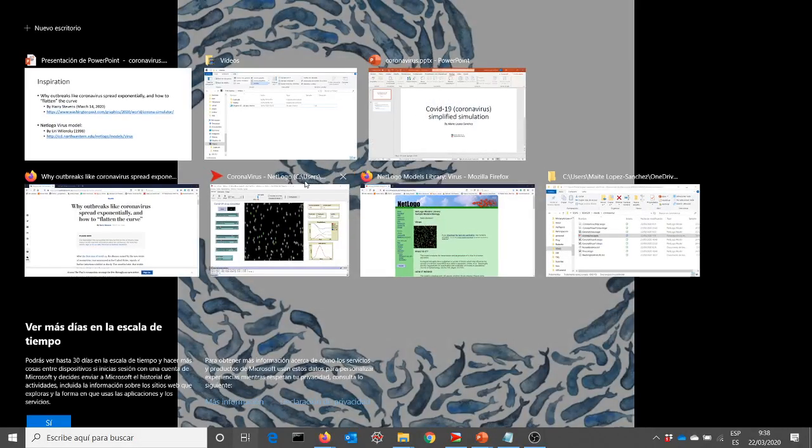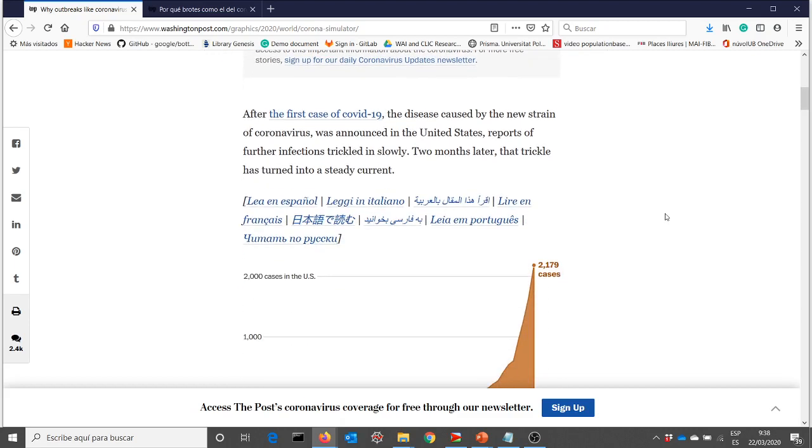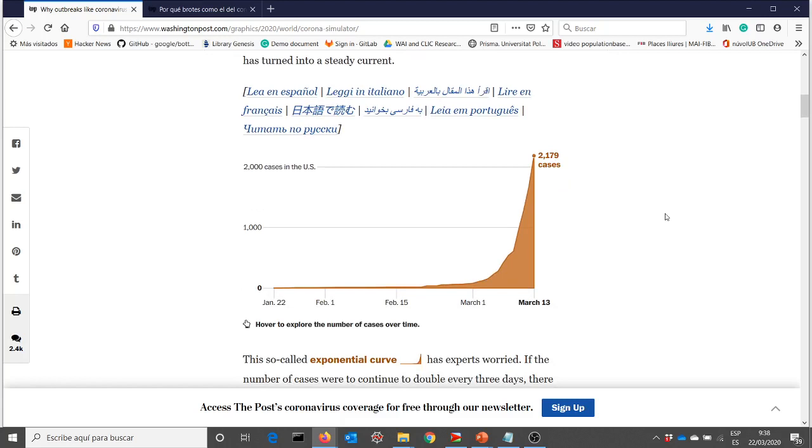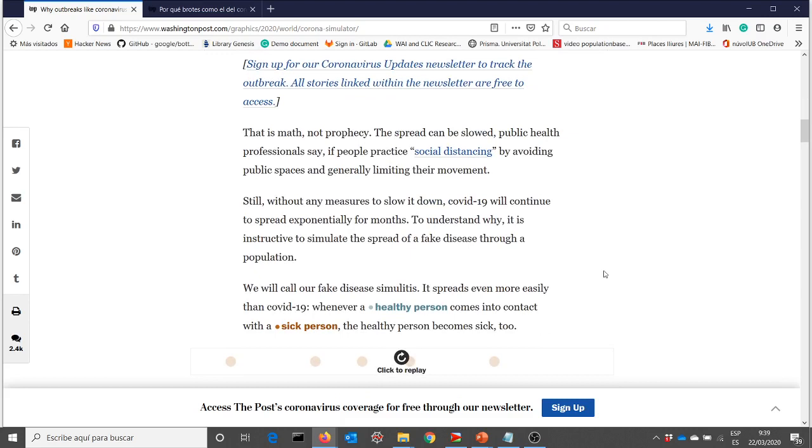And if we go to the article, he explains very nicely that the coronavirus is characterized by an exponential curve of people getting sick, infected. This curve happens in the United States, but the same pattern kind of happens in many other countries. So he explains quite